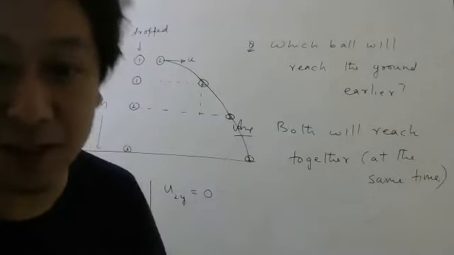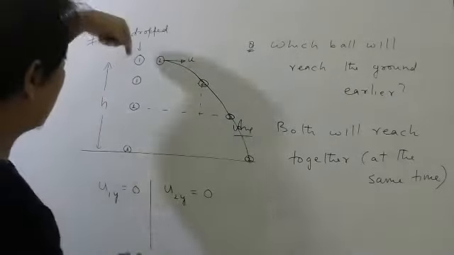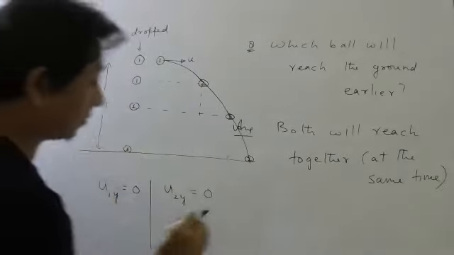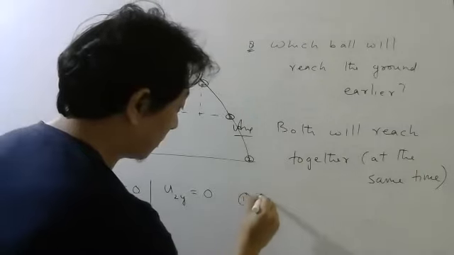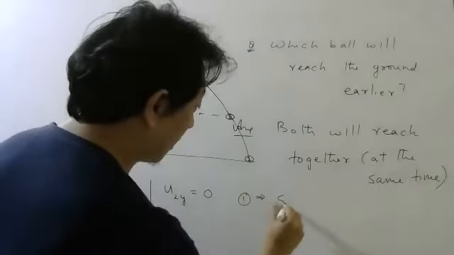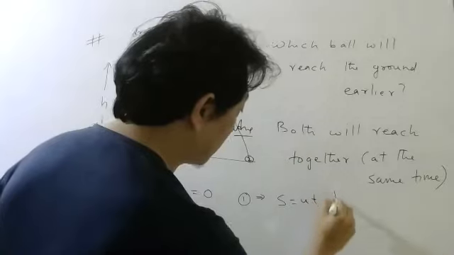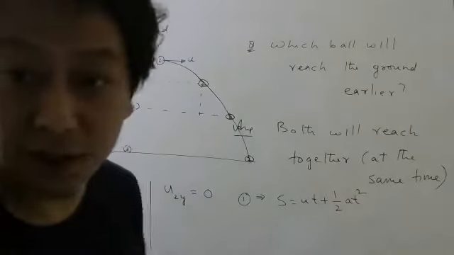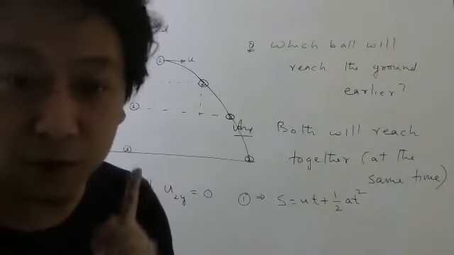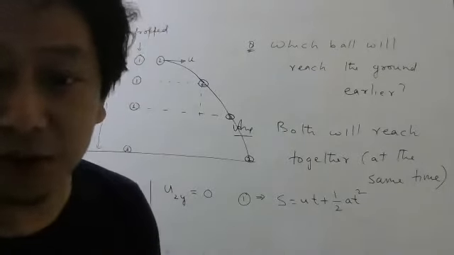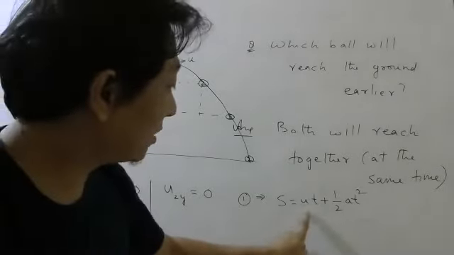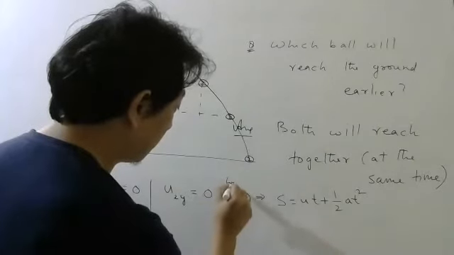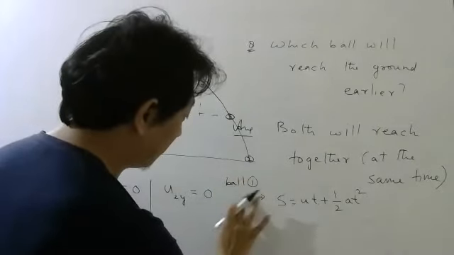And the reason is very simple. If you write the formula for time taken by the first ball, what formula will you use? S equal to ut plus half at square. Correct? This formula you will use because it is 1D motion. Ball number 1 is performing 1D motion or not? So no need to take components. So displacement is equal to ut plus half at square. This is for ball number 1.